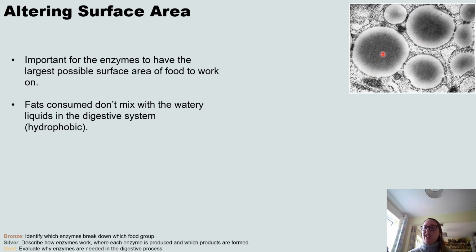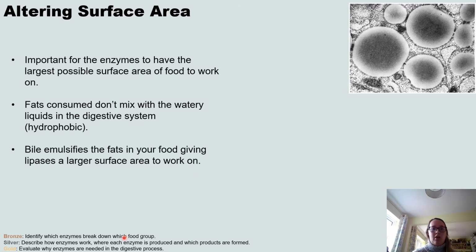So remember, that means that they don't like water. So bile emulsifies the fats in your food, giving lipases a larger surface area to work on. So that is bile's second role, which means that it breaks the fat droplets into smaller ones that the lipase